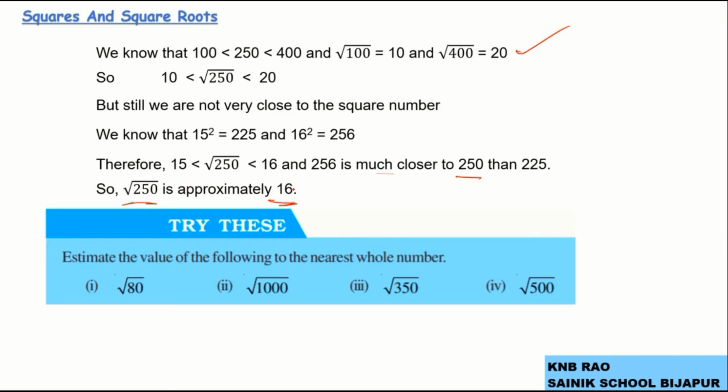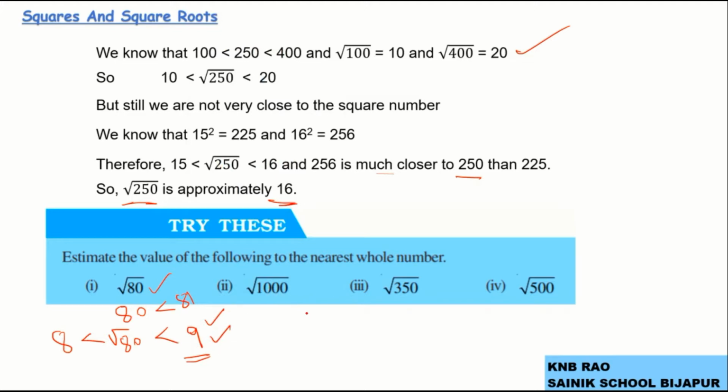With the knowledge of this, can you estimate the square root of 81? Yes, obviously, the square root of 80 lies between 8 and 9. Since it is very close to 9, whose square is 81, since 80 is very close to the perfect square 81, we say approximately 9.